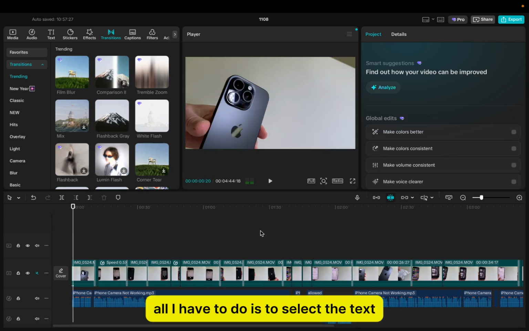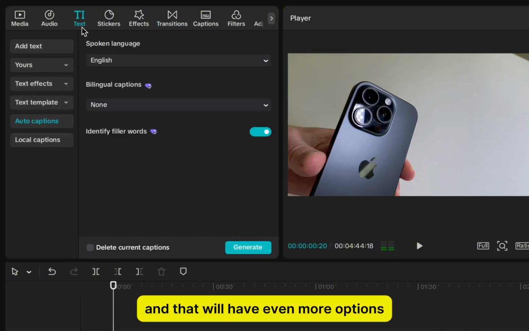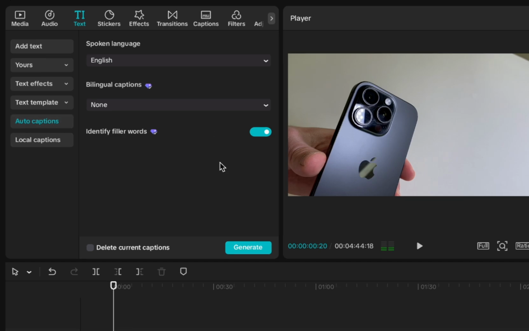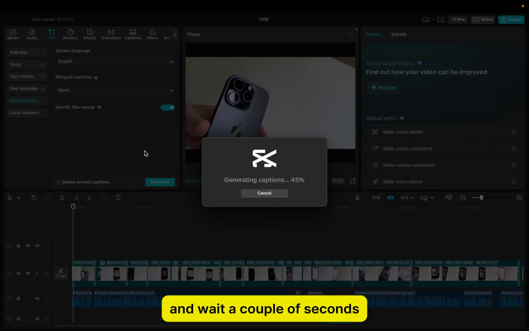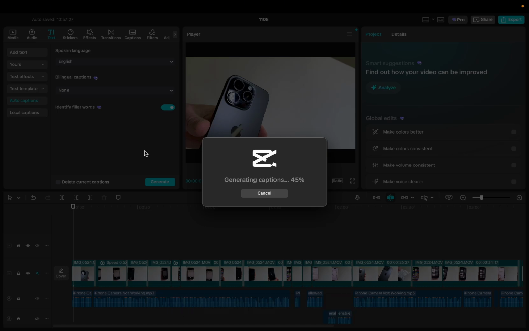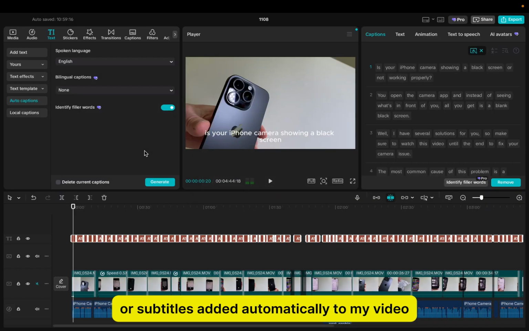All I have to do is to select the text section at the top left, and that will have even more options. You want to click on Auto Captions right here, and then Generate or Create, and wait a couple of seconds until CapCut analyzes your video and creates captions for it. You can see that we have captions or subtitles added automatically to my video,